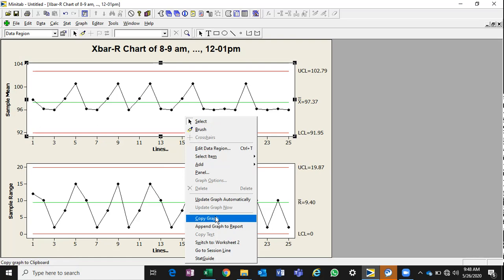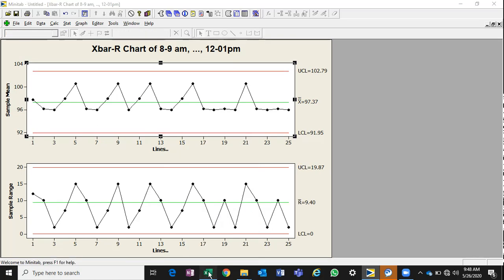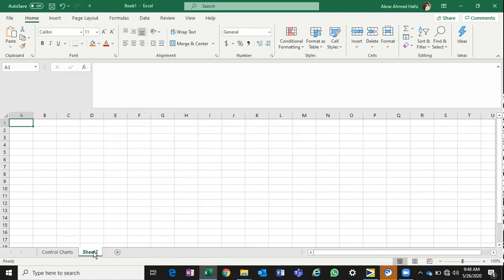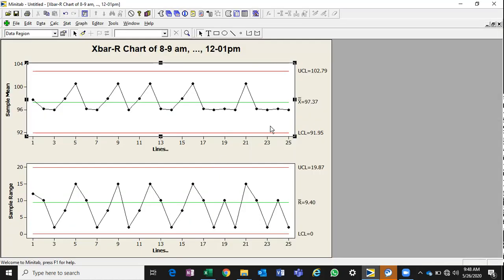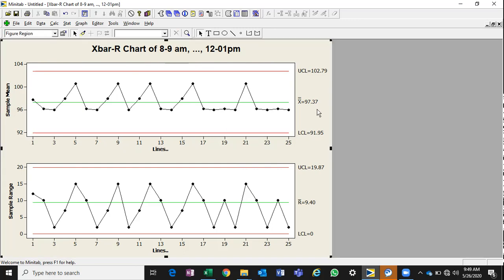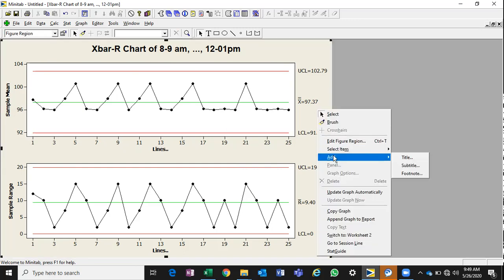If we want to copy the graph and have it in Excel, you can do that as well. All these colorings you can also change. If you want specific grid lines for X and Y, you can do that. For example, you can add a title, a subtitle, and a footnote.